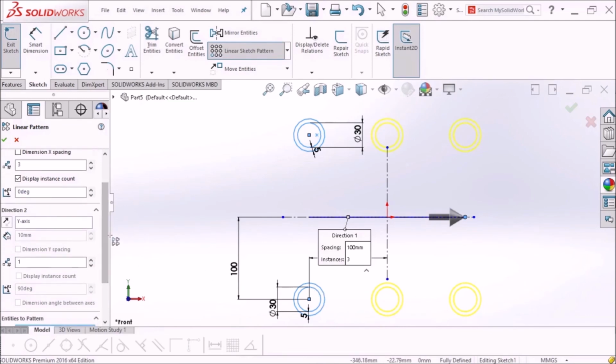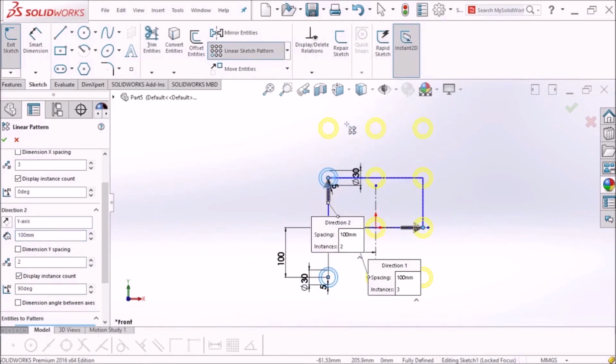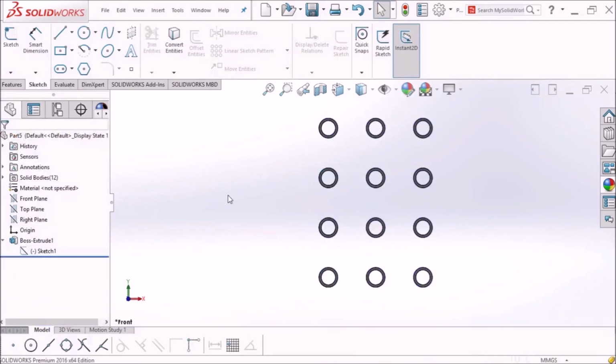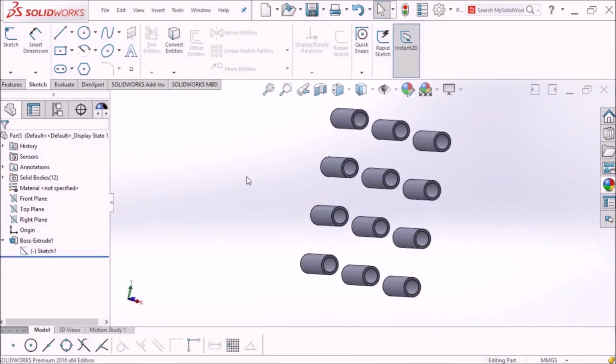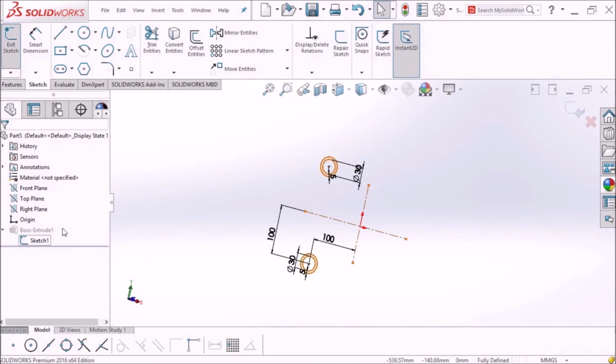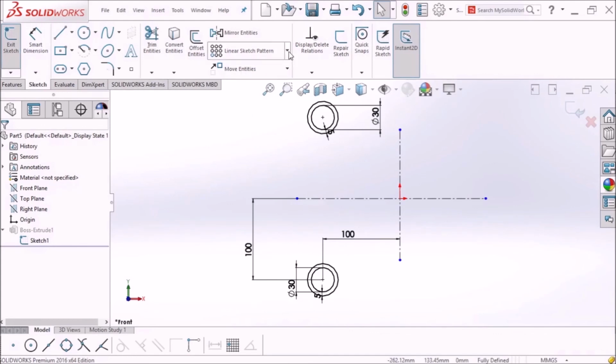We can do same thing in y direction. Okay, just select the 2 and then say distance say 100 mm. Okay, and you can see there are 12 cylinders. Just click it and just exit the sketch. Okay, now think we want to do circular pattern for it. So we can reverse the last action by just clicking the undo. Just click undo. Okay, and then again put it in a normal way, then go to the circular sketch pattern